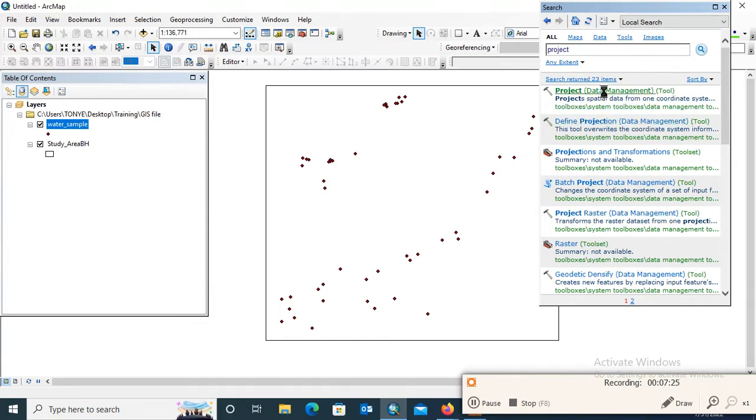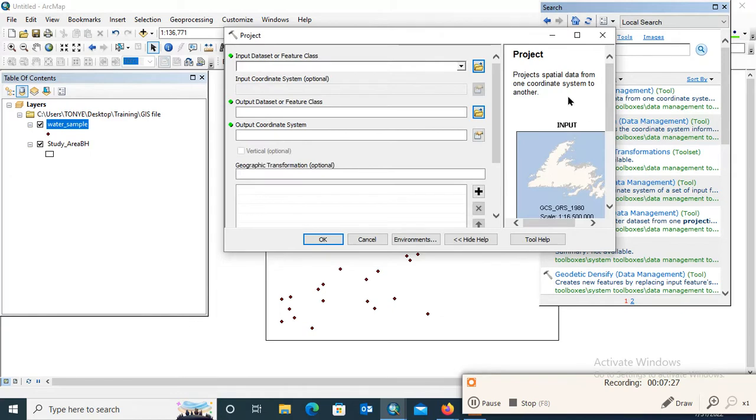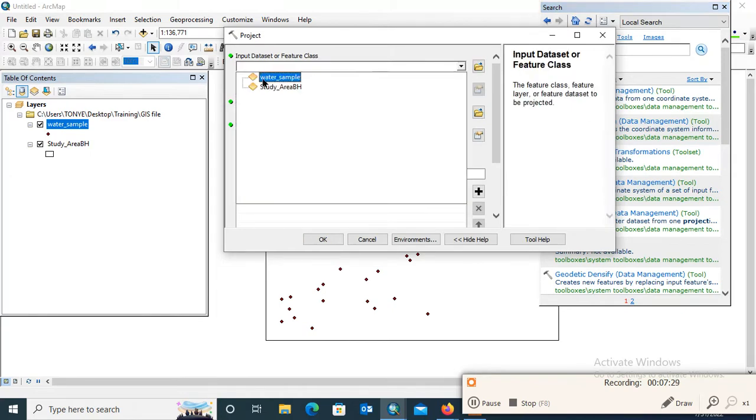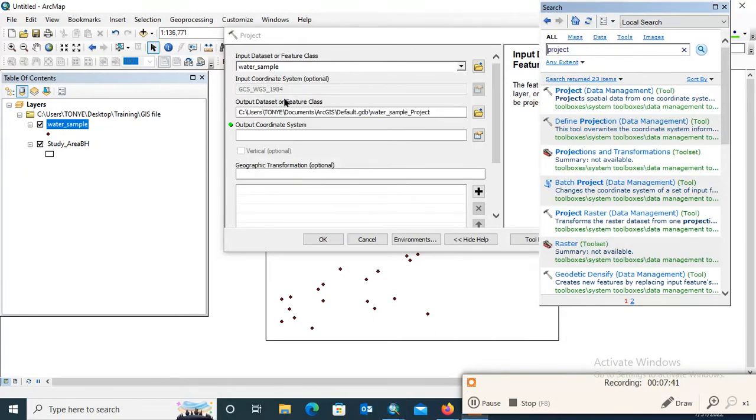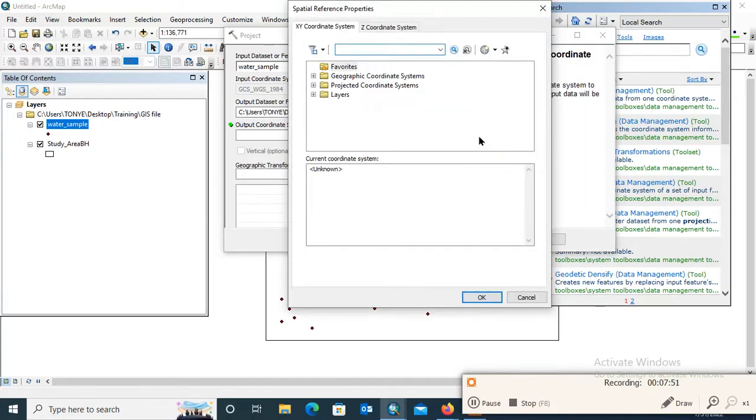So click on this, double click on it. You add that layer, so it's the water sample. It's loading. As you can see, it's telling you that this data frame is in a geographical coordinate system. So for me to convert, we come here, right click on this, come to projected, click on the plus